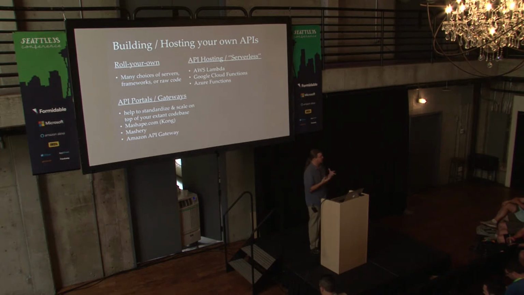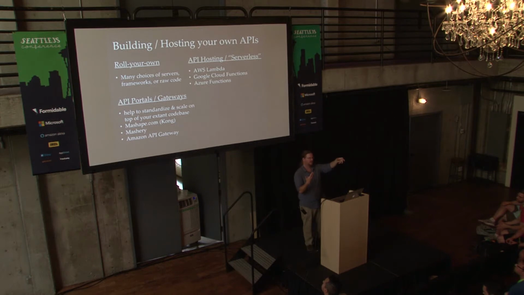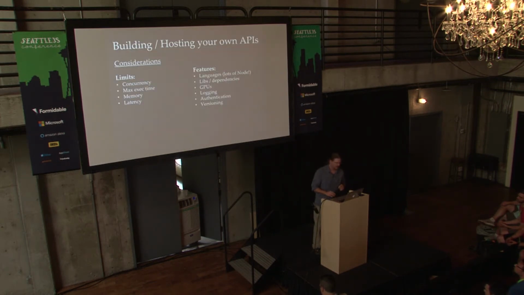And then what I think is really the coolest place to go with this is serverless API hosting, right? So AWS Lambda, Google Cloud Functions, Azure Functions all fall into this category, where you're writing relatively small bits of code that are going to be independent and portable, and their ecosystem, their machinery takes care of all the scaling for you, as well as the execution itself. So I write the code, it's perhaps registered under my account, but it's out there. Anybody can call that API if I give them authorization to do so, and the service provider takes care of all the scaling and all of that, right? This makes things really, really fast and easy to use.